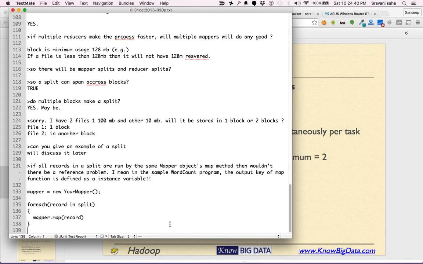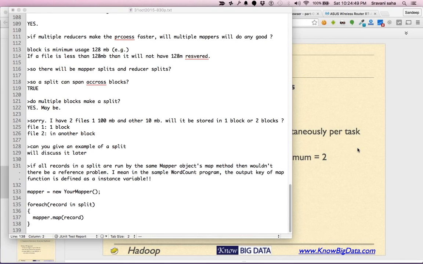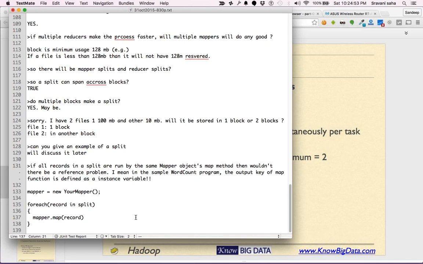Now the question to you is, why would there be a reference problem? When we look at the Java code, we will talk about it again.